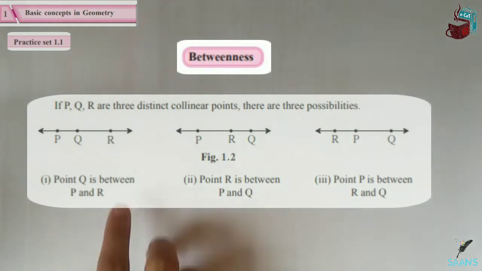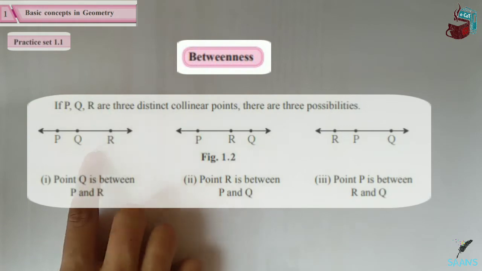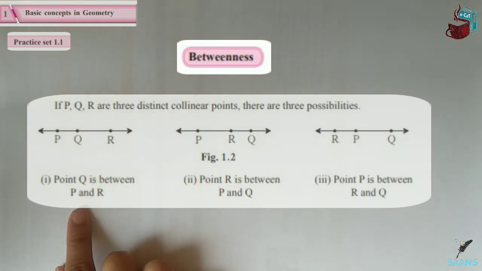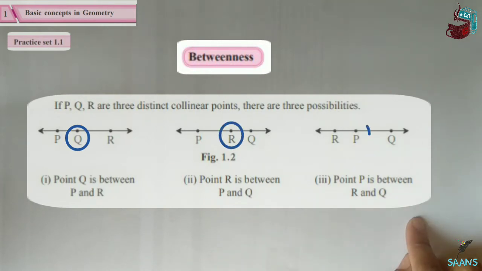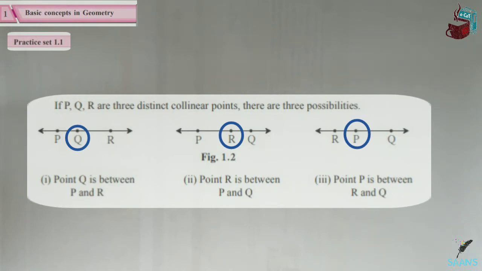So in the first case, point Q is between P and R. Q is between P and R, correct? Next, R is between P and Q. Last, P is between R and Q. So these are your 3 conditions. तो हम जब betweenness के sums करते हैं तो हम लोग हमेशा 3 conditions as and when required, तीनों में से एक condition consider करेंगे. ठीक है,